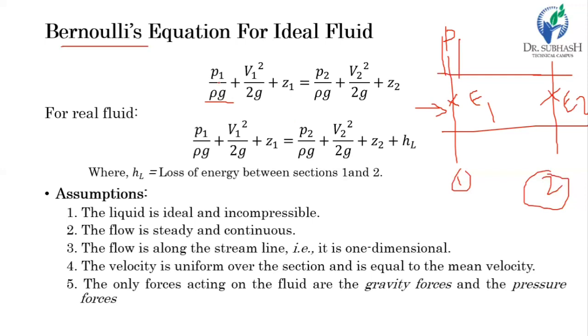So in this way we can calculate the velocity v1, and then v1 squared by 2g. After that, z1 is nothing but the height with respect to some reference. After measuring pressure, velocity and z, we measure the same for the fluid at section 2, we can calculate all this energy, then you get the total energy.